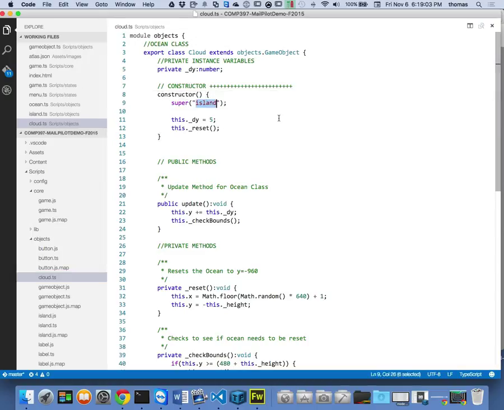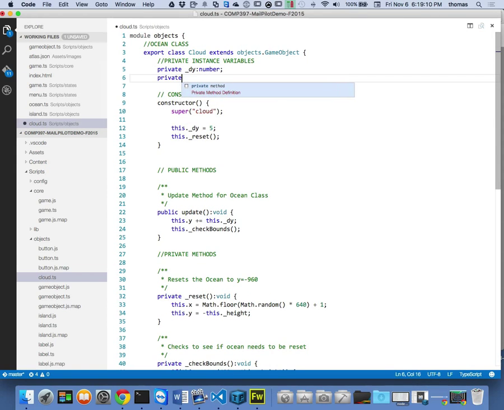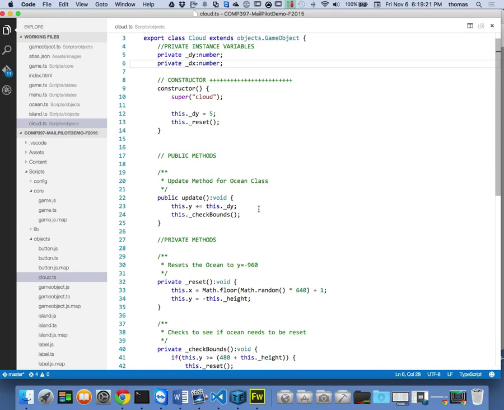One is the superclass has got to say cloud, because that's what I'm using. And I also want a dx value for a little bit of drift. dx is a number. I know I'm going to need that. So I want my cloud to drift aside as well, right? Which we're going to get when we reset. Okay, so dx and dy, I'm going to set my dx value to a random value, a random speed between 2 and